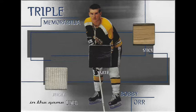But yeah, anything that has jersey or skate is typically pretty difficult to find on a licensed card. So, the fact that this is obviously a licensed or memorabilia card is notable in and of itself. But then also the fact that it does have jersey, skate, and stick all on the same card is notable